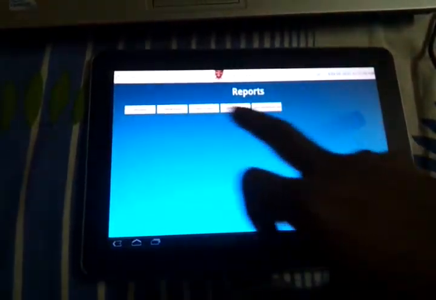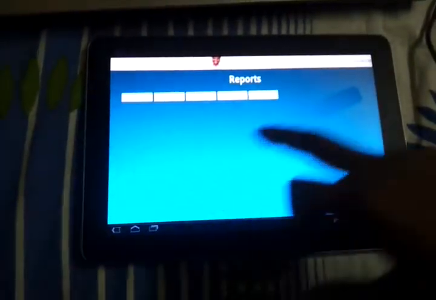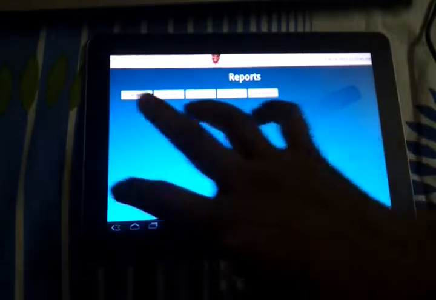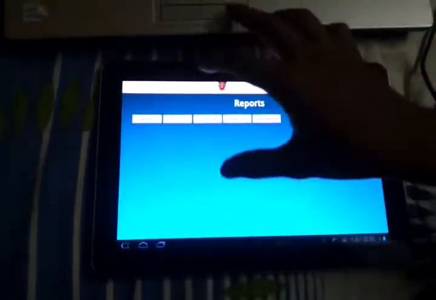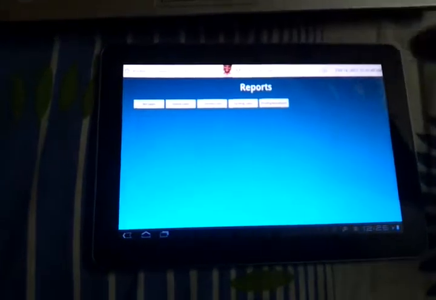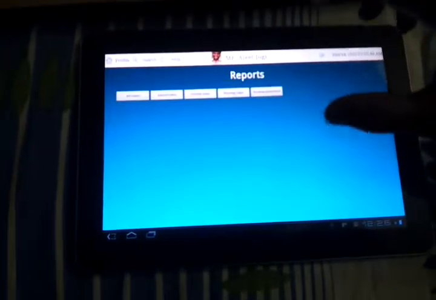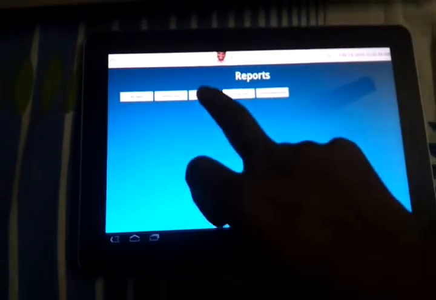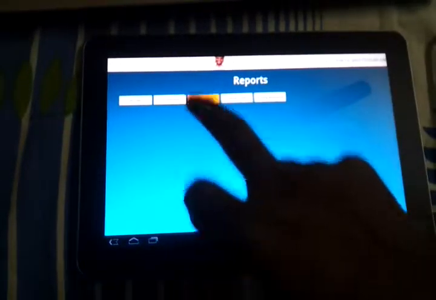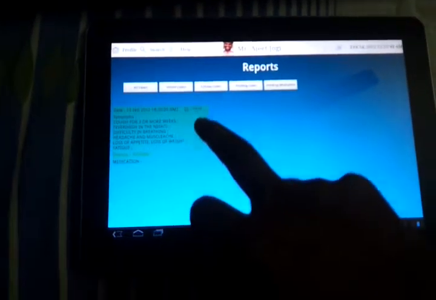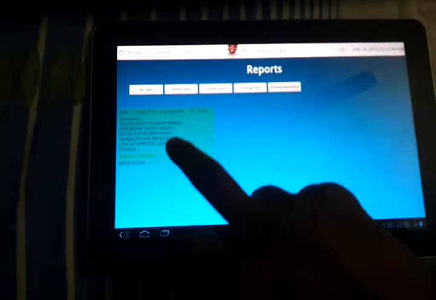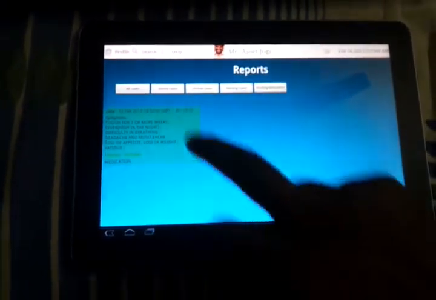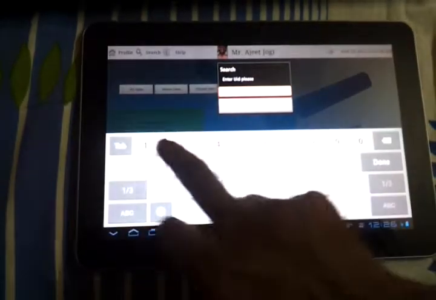And we can see in the reports column, here we have maintained the total life cycle of the report: all cases of all the patients who are associated with this tablet, solved cases, unread cases, pending cases and pending medication. I'll show you the unread cases because this has just been pushed, and we see over here the disease ID 1670 shows that the doctor has diagnosed the disease with asthma. Now we'll go back to the patient.